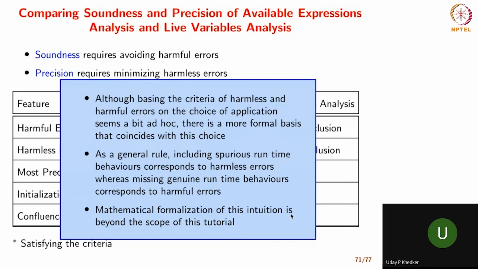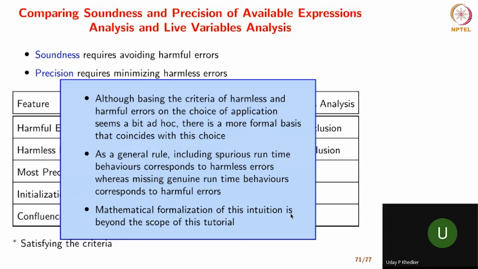So here, although we are basing it on an application, there is a more general and more fundamental reason for it. There's a more formal basis that coincides with this choice. And what is that formal basis? So as a general rule, including spurious runtime behaviors corresponds to harmless errors, whereas missing genuine runtime behaviors corresponds to